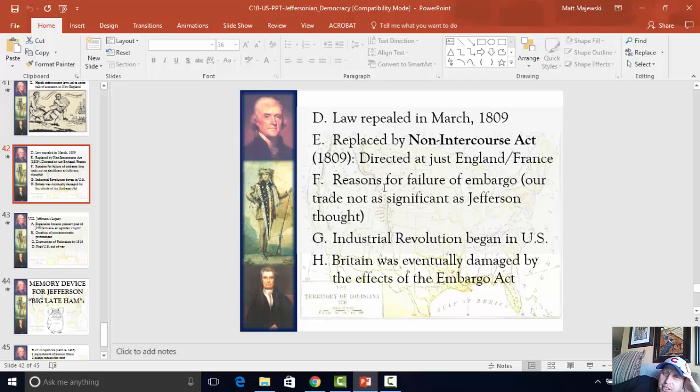Now, the one positive of the Embargo Act: because we were no longer getting goods from overseas as much, we had to start the process of making products ourselves. And so we produced our products for the first time, and we start to see the first factories emerge as a result because Americans still wanted products. They just couldn't get them as freely overseas like they could before.